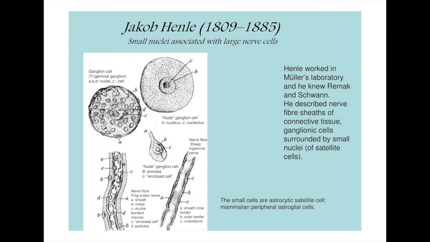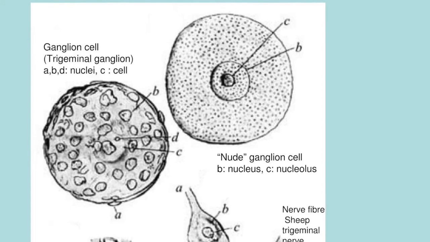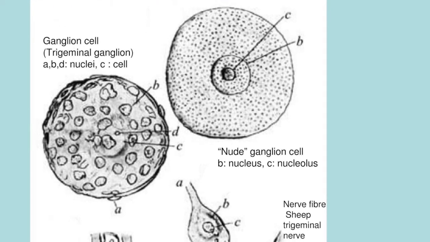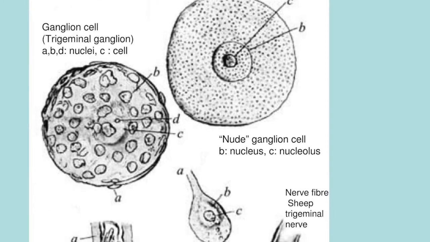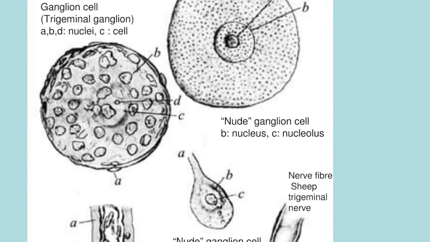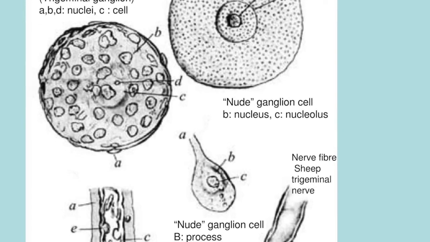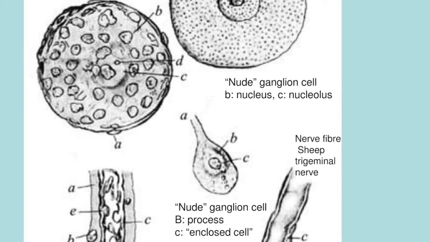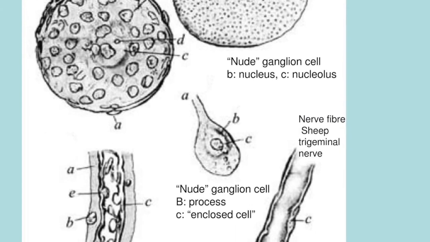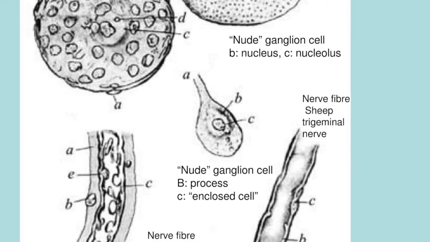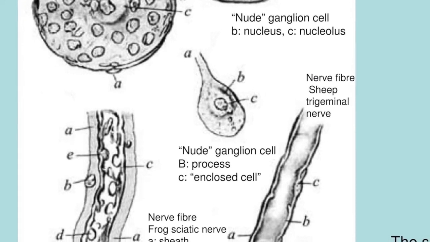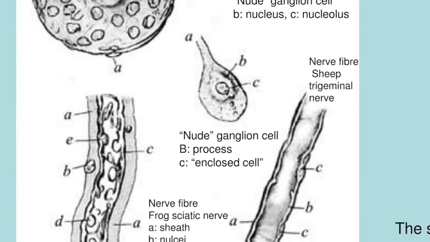Now you see on the top images what Henle also described in ganglionic cells covered with nuclei from satellite cells, which represent types of glial cells. It is interesting to note that glial cells were originally discovered as nuclei surrounding nerve fibers or nerve cells only, since they could not be stained at that time. Therefore, their cytoplasm remained invisible. Only progressively did these nuclei come to be considered as signs of glial cells.